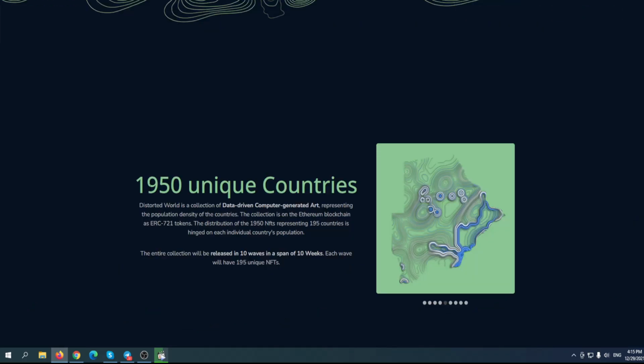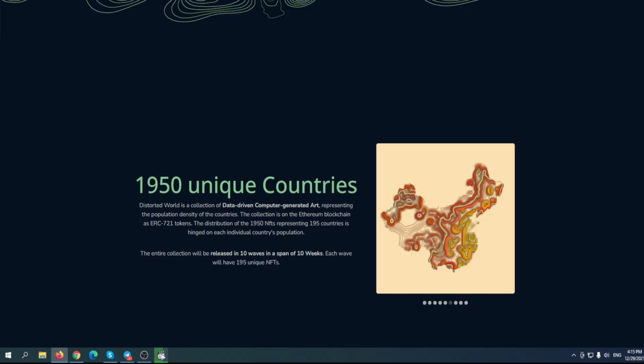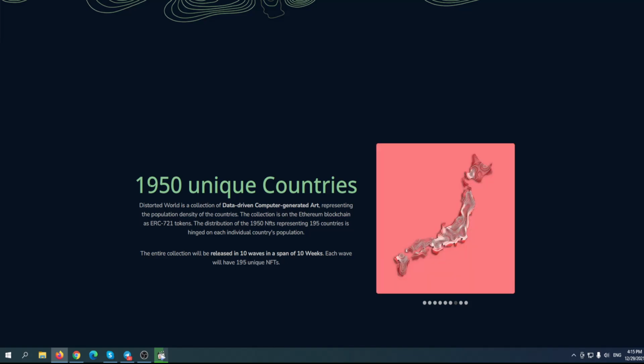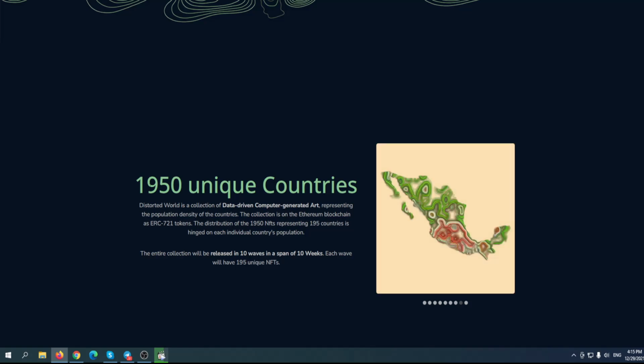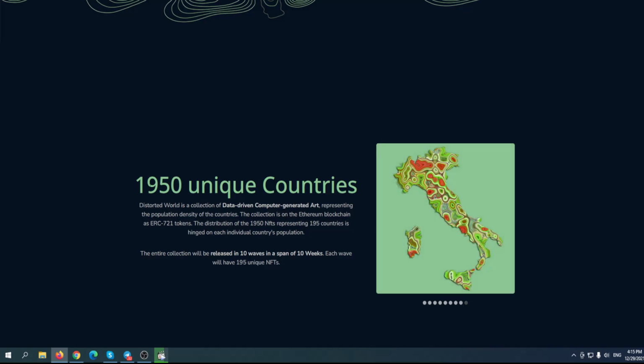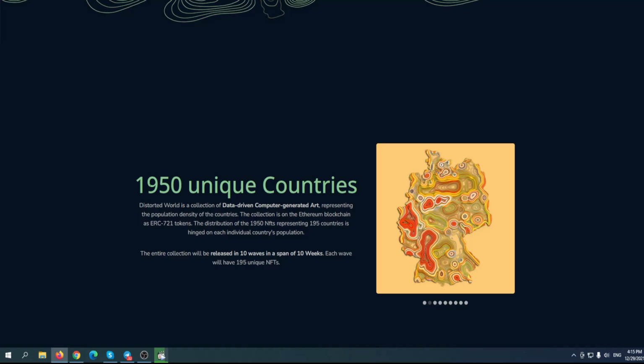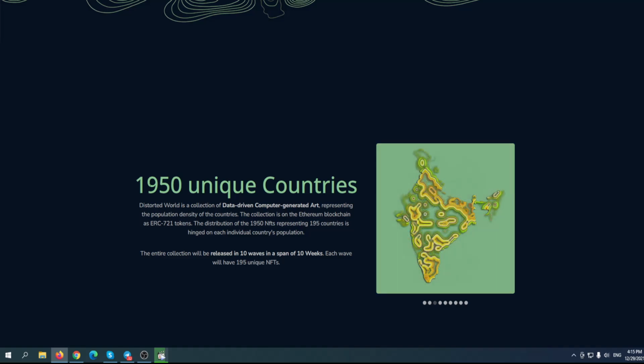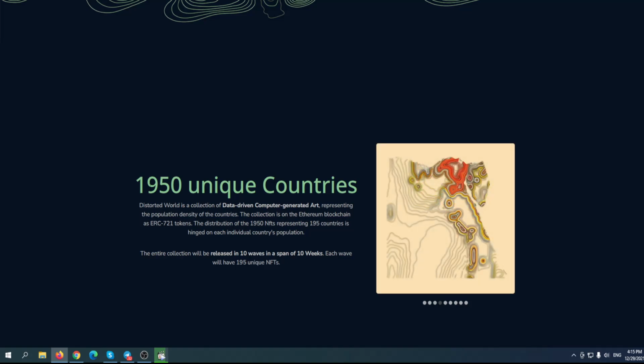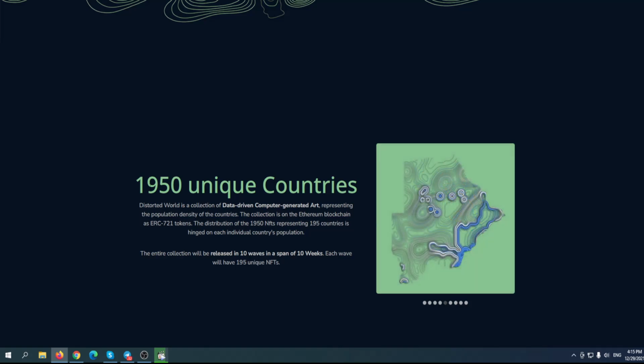1,950 unique countries. Distorted World is a collection of data-driven, computer-generated art representing the population density of the countries. The collection is on the Ethereum blockchain as ERC-721 tokens. The distribution of the 1,950 NFTs, representing basically 195 recognized countries in the world, hinged on each individual country's